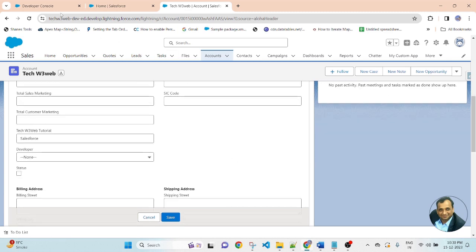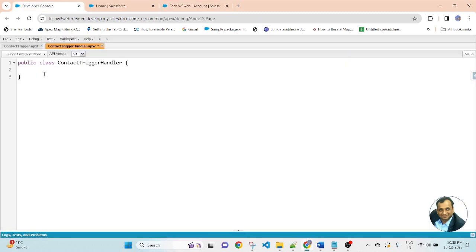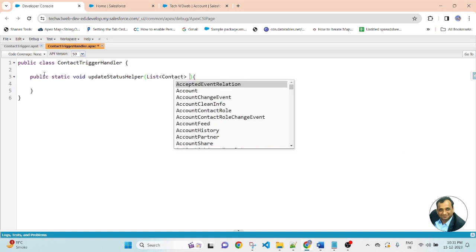Let me go back to the developer console. Here, first I will create a method: public static void updateStatusHelper, with brackets and curly brackets. Inside the brackets, I am passing a list of contacts as a parameter.